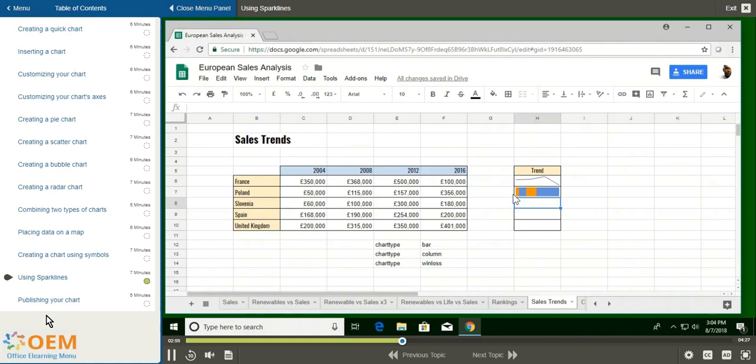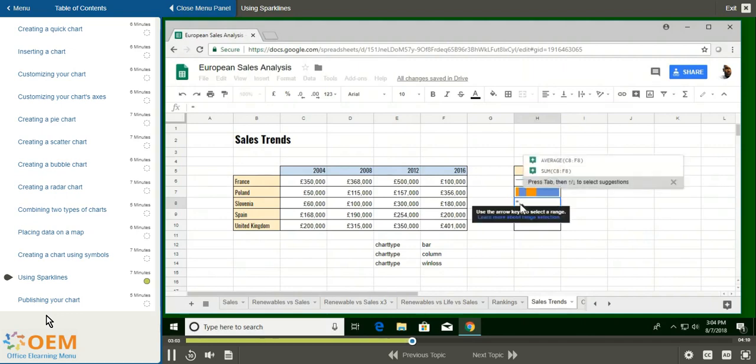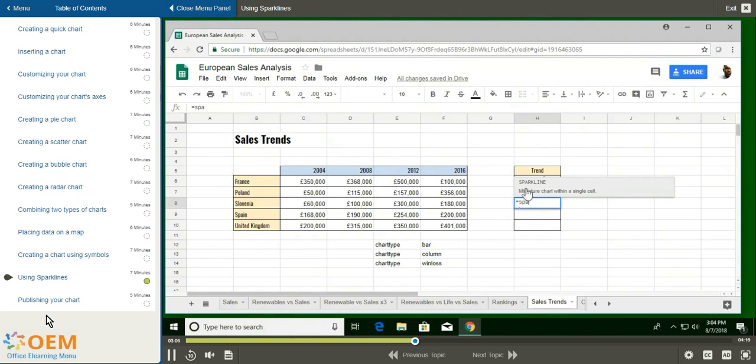I'm also going to now create a column sparkline and a win-loss sparkline. So I'm going to select cell H8, type =, sparkline, select that, select my range of cells,